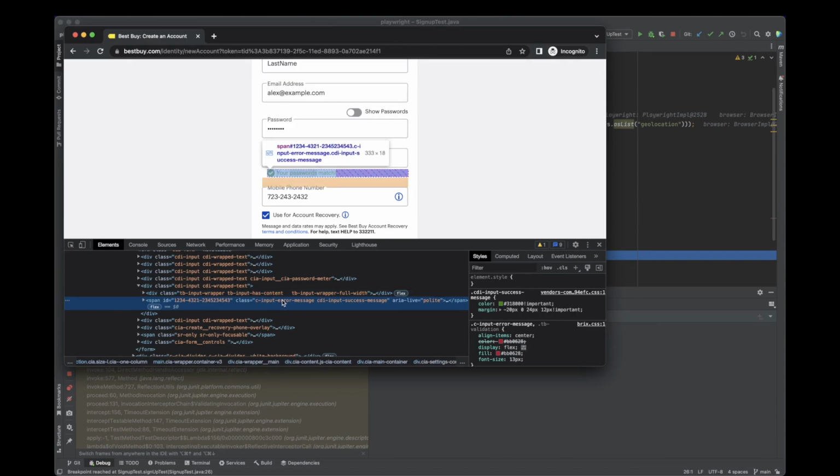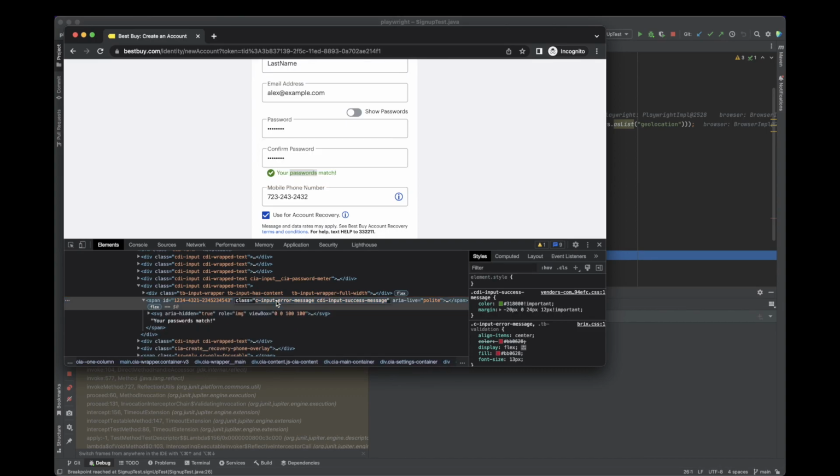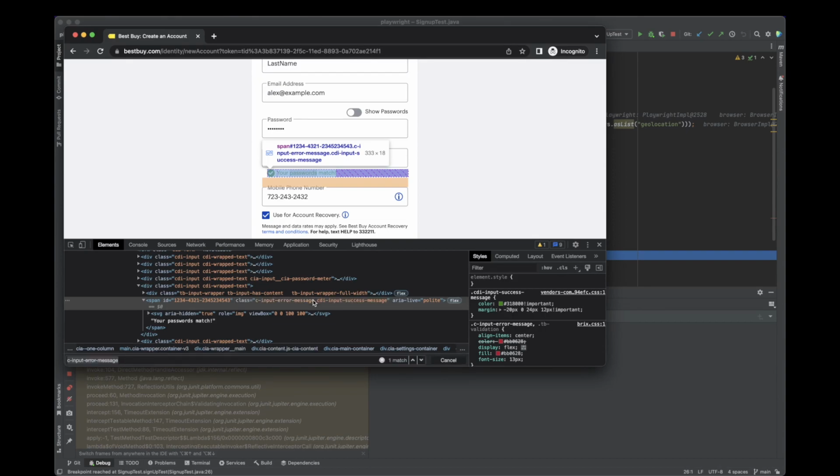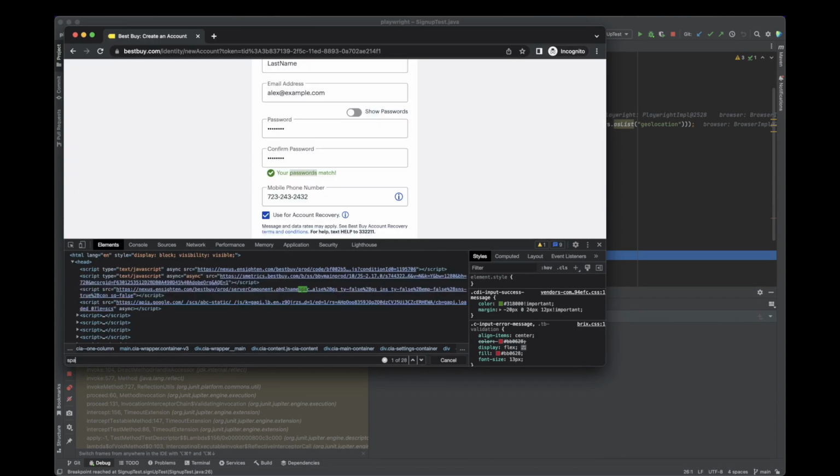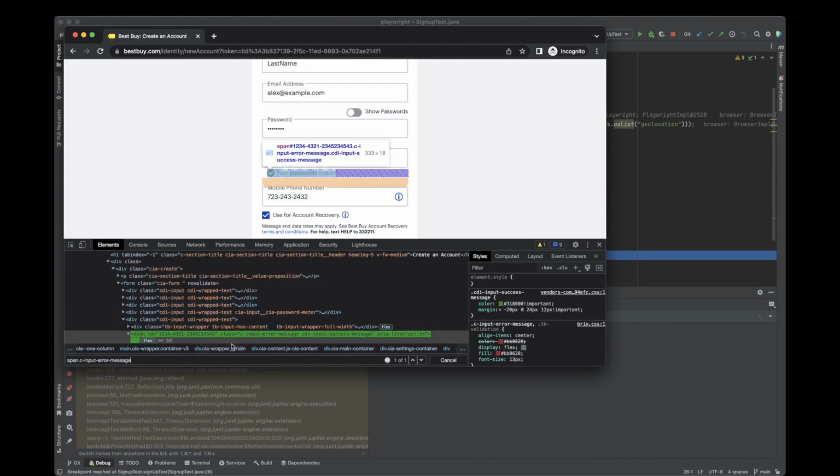Okay, I guess I can use these classes over here. Let's say so, again I'm going to use CSS selectors. Okay, this works fine. So going back to my test,